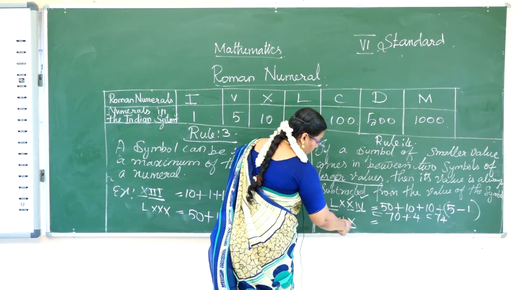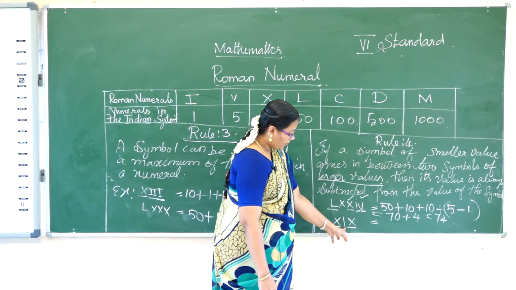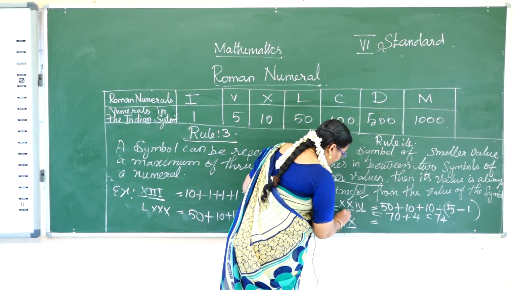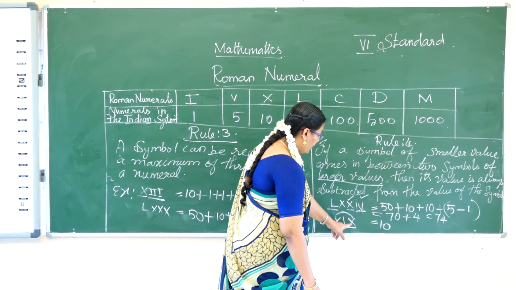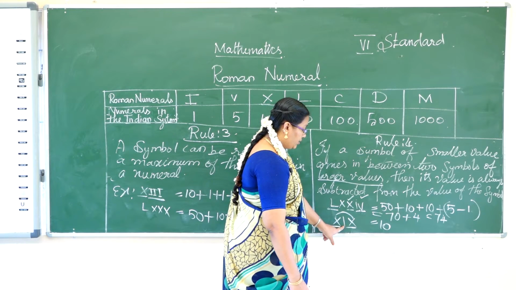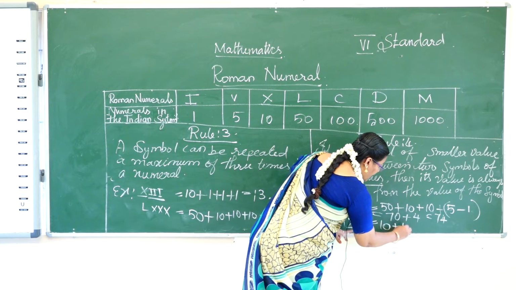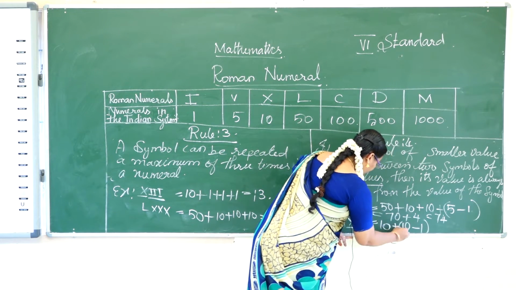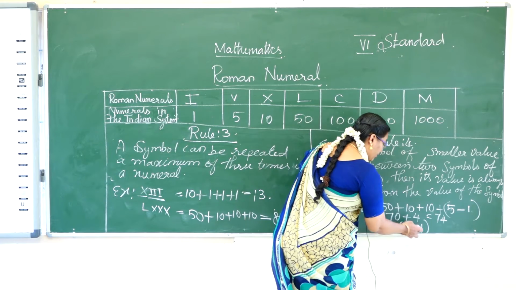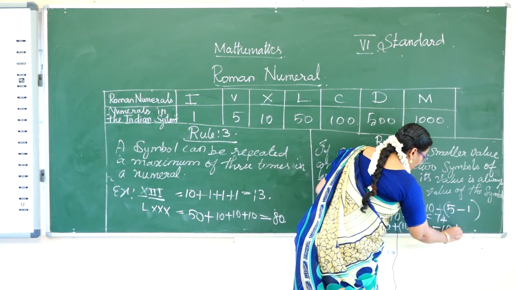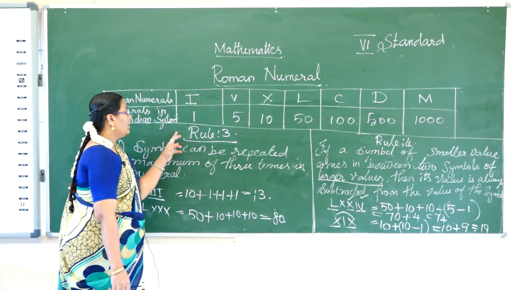And next, here also 2 largest numbers, between them the number I has come. Okay. So in this place, write the first largest number 10. Second, the smallest number, the value of I is 1. So in this place subtract from this highest value. So 10 minus 1. So X value is 10, the smallest value I means 1. So subtracting these 2 values we get 10 plus 9. So 19 is the answer. Okay. I hope you understand rule number 3 and 4.